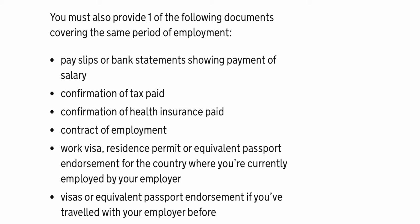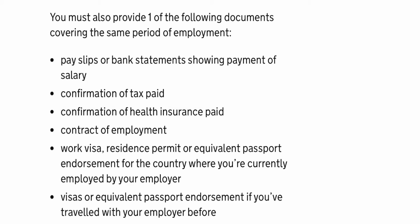So the very first one is a recent pay slip. They want to know how much you're receiving a month. Second is your tax pay document to show that you've paid your tax. Okay. Third, document to show that you've paid your national insurance. Okay. Fourth is any traveling endorsement that you've had. Maybe you've done that before, but in a different country. You can submit records of that, in addition to those 4 main ones,